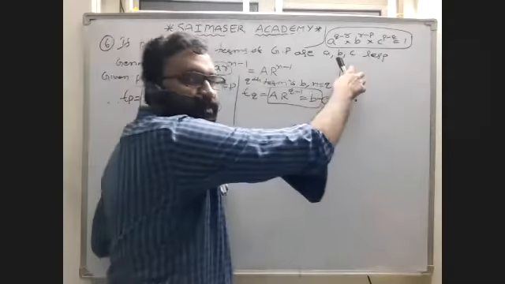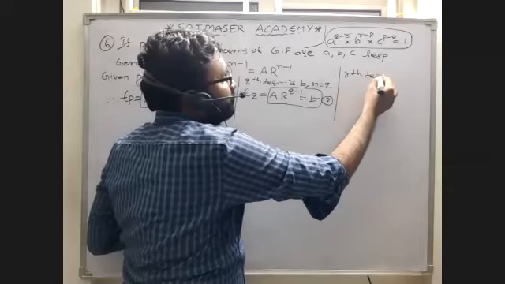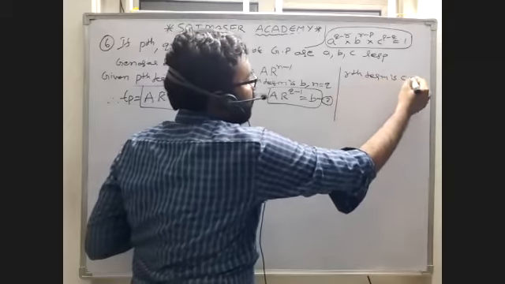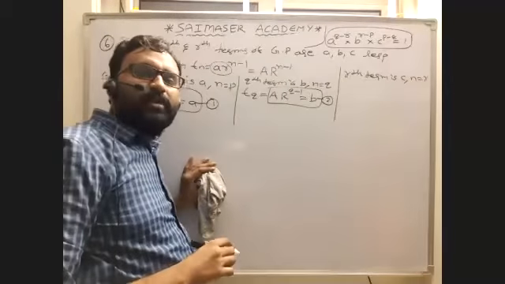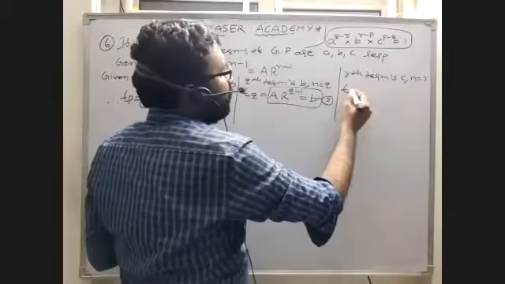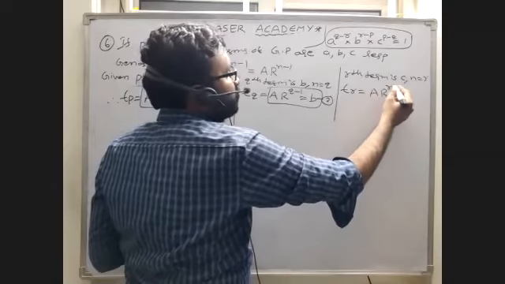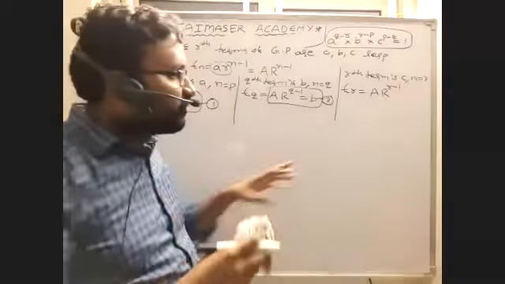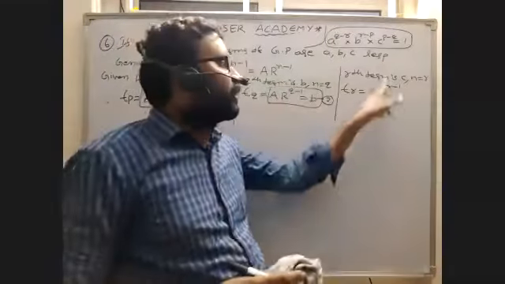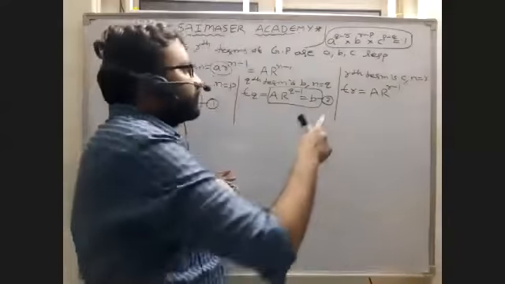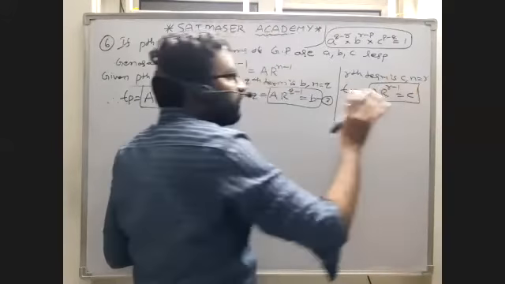The rth term is given as c. That is, the rth term is c, where n is equal to r. Why? Because for the rth term, T_r is equal to a capital R power small r minus 1. If you write small r here also, by the formula you will get confused. Small r power small r. So here this is given c. This is the small rth term.